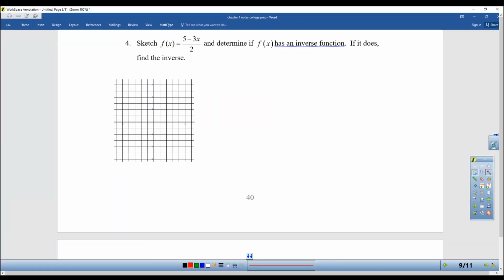It asks you to sketch it. So this is the function y is equal to 5 minus 3x over 2. I'm always telling people that I really do not want you to switch this to negative 3 halves x plus 5 over 2. That's great for slope, but please don't use this b. I need accurate points, especially on here where you're reversing the points. Instead, from here,